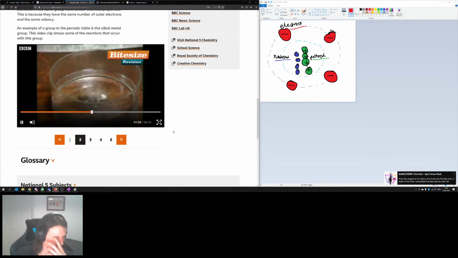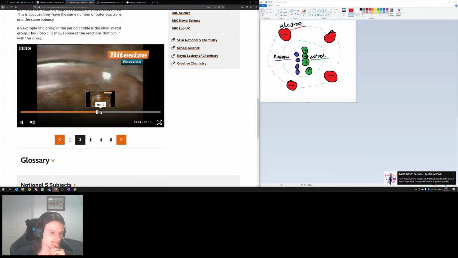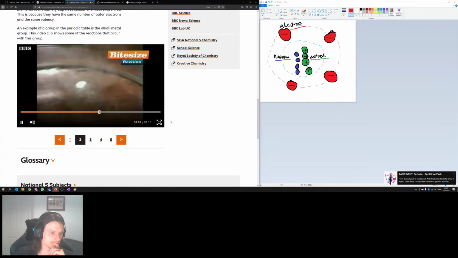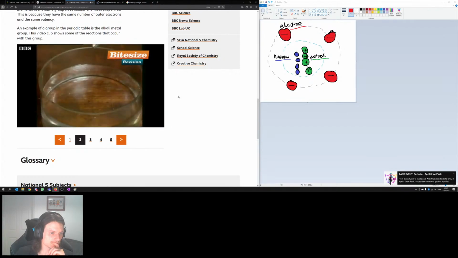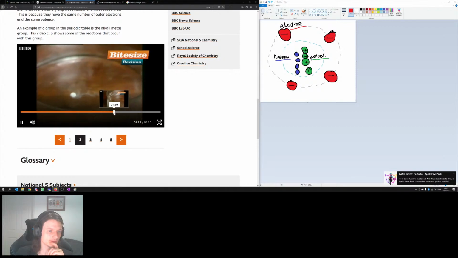We'll start with lithium. It floats on the water and reacts with it, giving off hydrogen gas. Now for sodium. The same equation for the